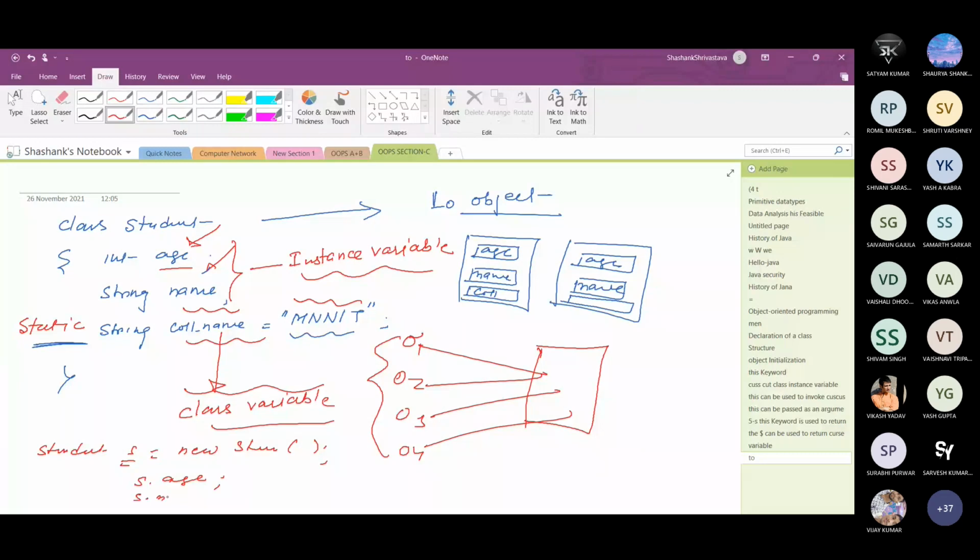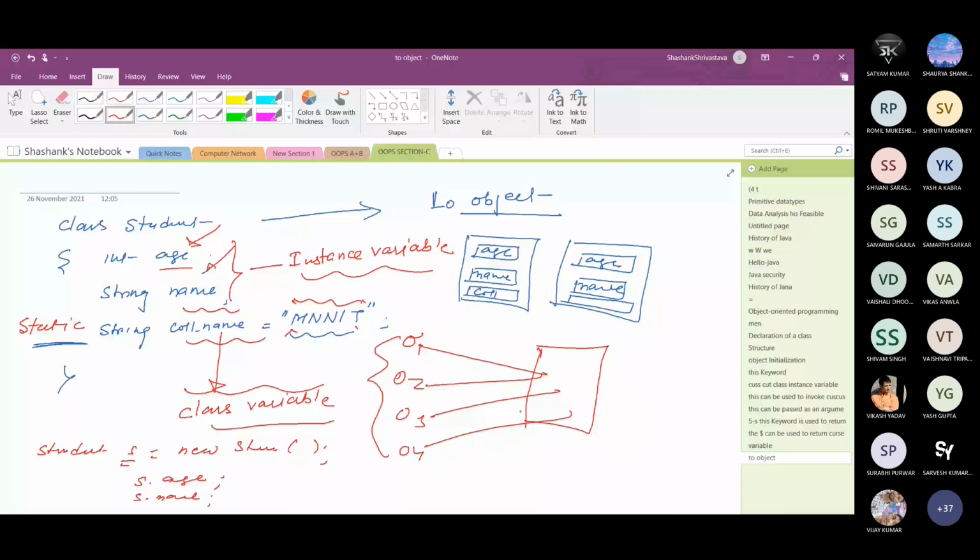But since this college name is static in nature, it is not part of the object, it actually belongs to the class. Since it belongs to the class, there is no need to create an object, or an object reference variable, in order to access this college name, because all objects share the same memory location.